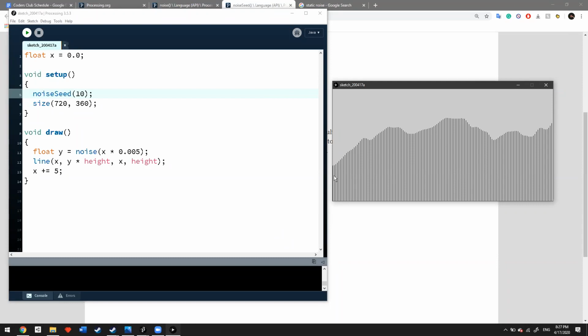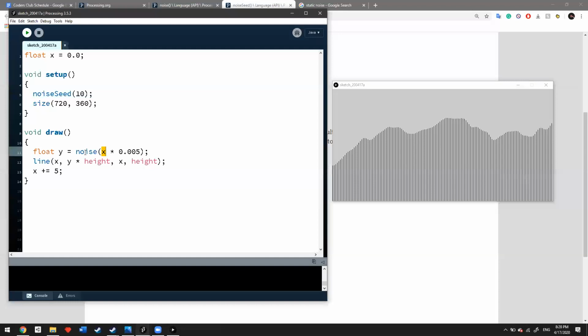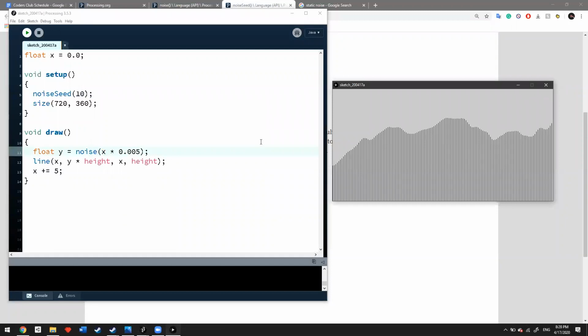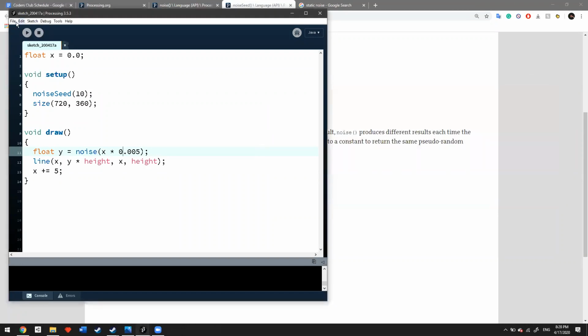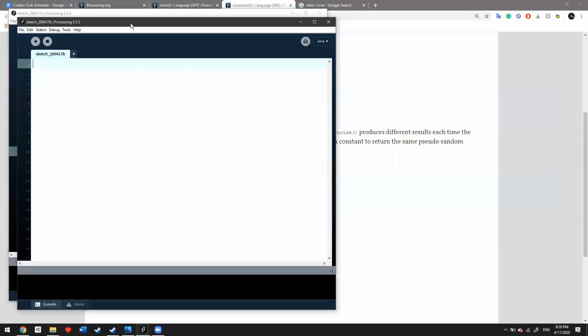Just like we have one-dimensional noise, which varies on one axis or one dimension, which is x, so the value for the noise only depends on the x. What if we now make it depend on the y axis and the x axis? There's actually already a noise function set up for that. So if we stop this project and make a new project,